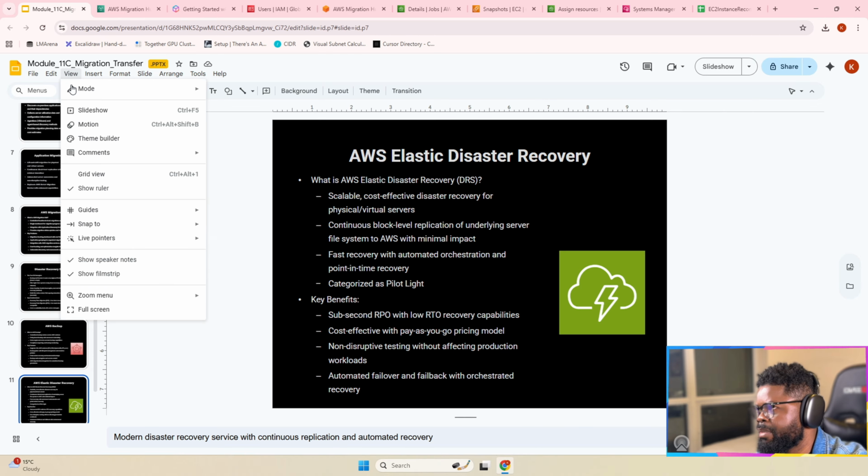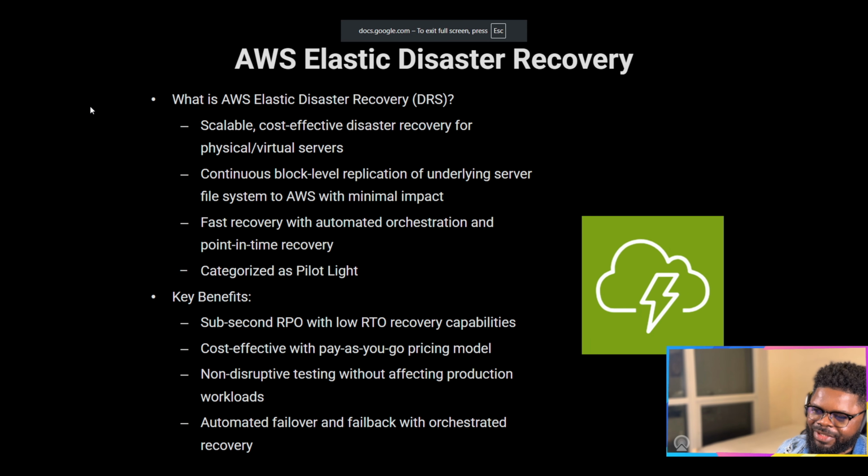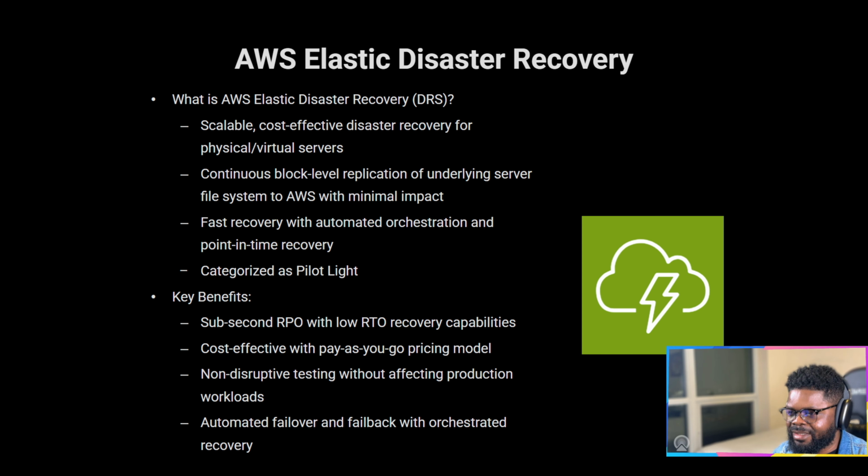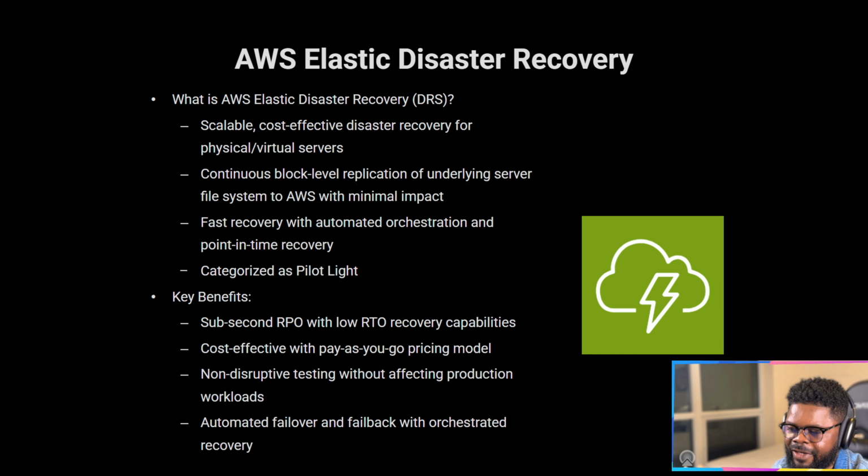So we just talked about backup, but there is also when you now want to do disaster recovery as a thing. We just talked about how you can do backup and you're backing up your resources, but you can actually do Elastic Disaster Recovery in AWS. There's just so many services, and that's why a lot of people are glued to AWS, because yes, a lot of your needs are covered, right? So there is a disaster recovery service,